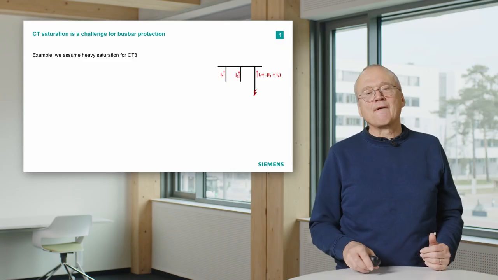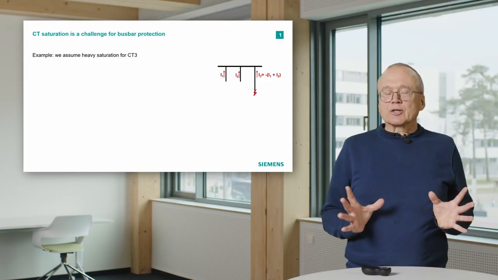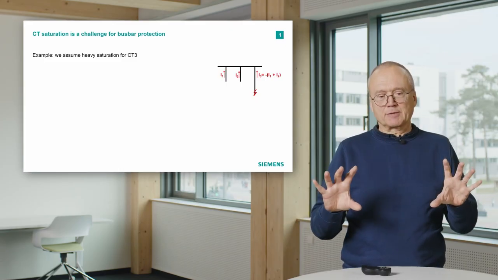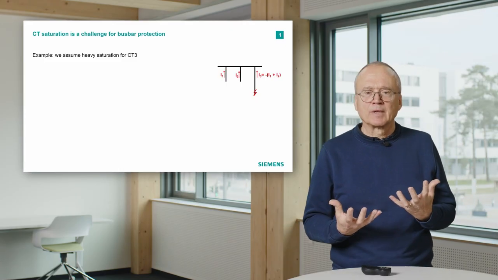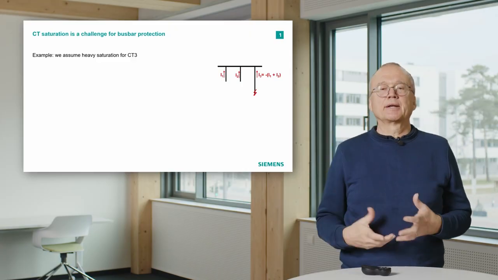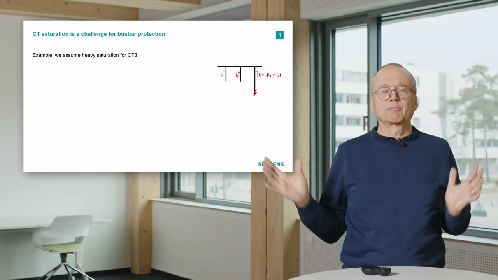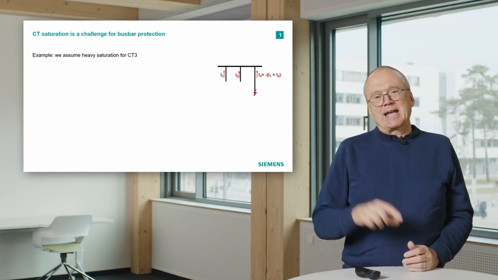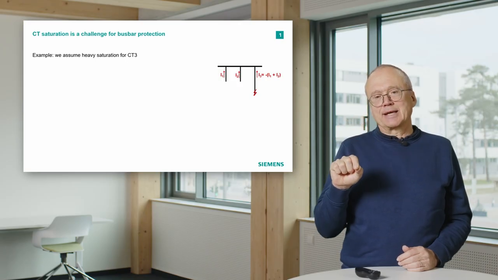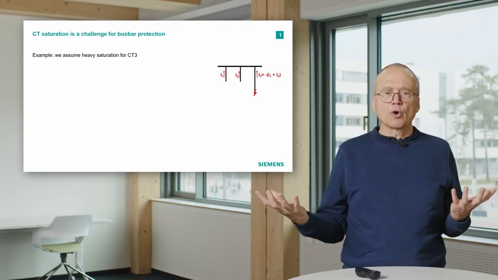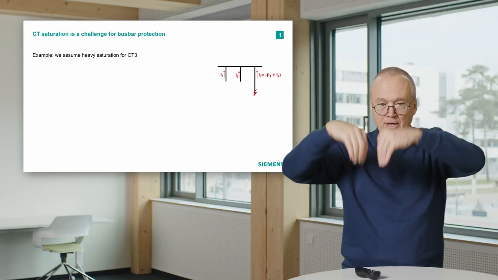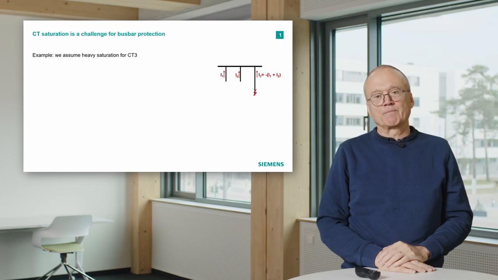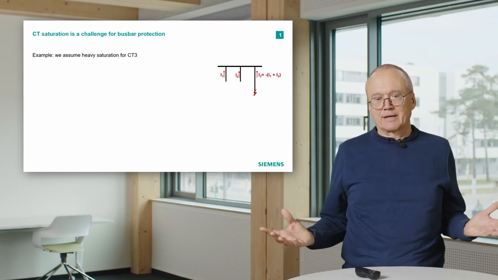And now let's assume what can be the critical situation for that. The critical situation is you have a big busbar with a high short circuit power. On this busbar you have one auxiliary feeder which does just some local supply. That means you have a pretty small current transformer. If you now have an external fault on this feeder, the whole short circuit power of the busbar goes through our poor little current transformer for the auxiliary feeder, and it drives it within a very